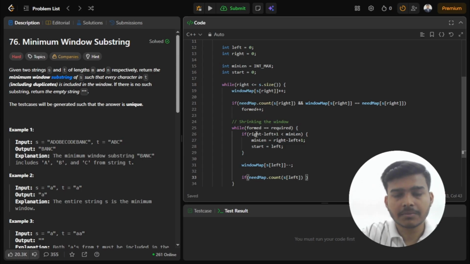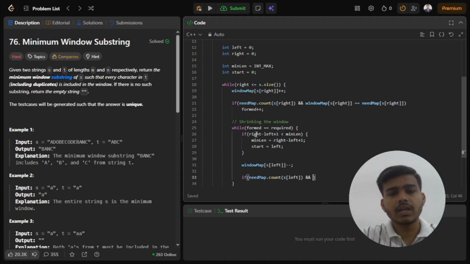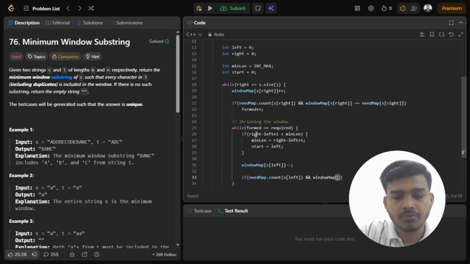If it is present, then you check for what, as we have seen in the dry run. Whenever that particular character is present inside the need map, meaning in the t string, then you check if the character which is present inside the current window has a frequency lesser than the expected or required frequency inside the need map. If it is lesser, check window map of s of left. If it is less than the need map of s of left,